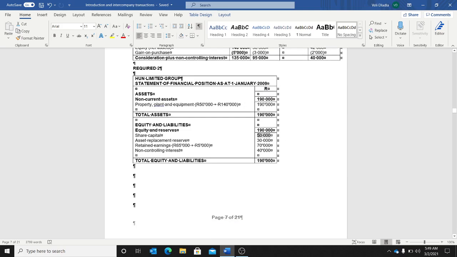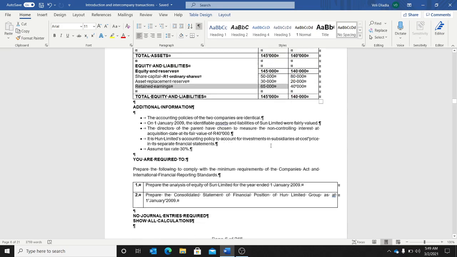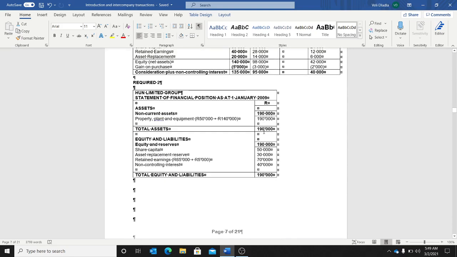So here you always show the share capital of the holding company. Then you've got the asset replacement of the holding company. And here you'll see it's 65 under retained earnings, which is this one here, plus the gain, which is this one here. Okay, that gives you 70. The non-controlling 40,000, which is this one here. Okay, now